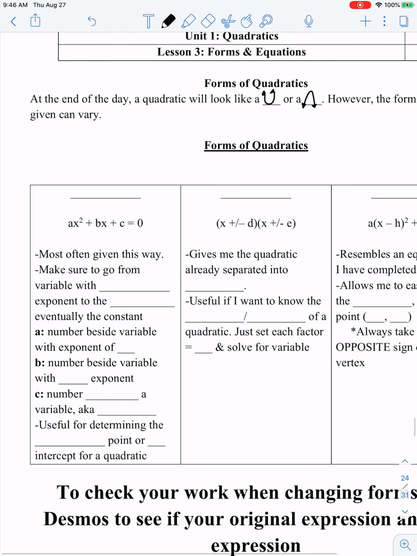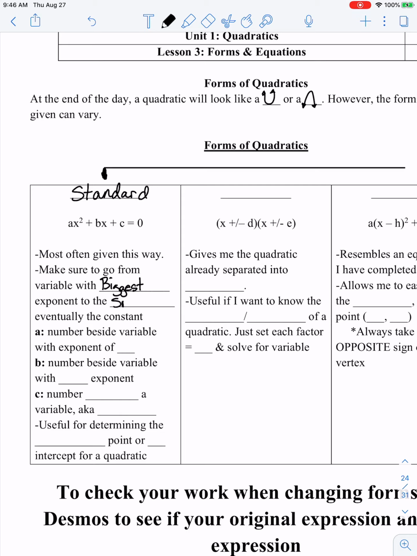The first form is going to be standard. And this is a tree diagram. Standard form is ax squared plus bx plus c is equal to 0. More times than not, you're going to be given your form in standard form. That's why it's called standard, right? It's the thing you see most often. Standard form always goes from the variable with the biggest exponent to the smallest